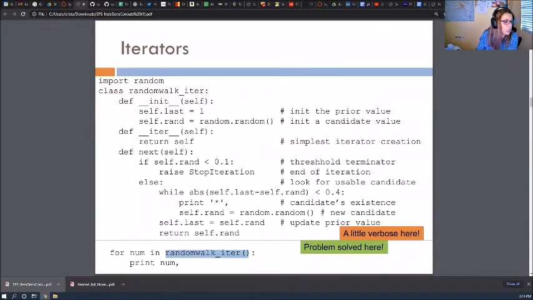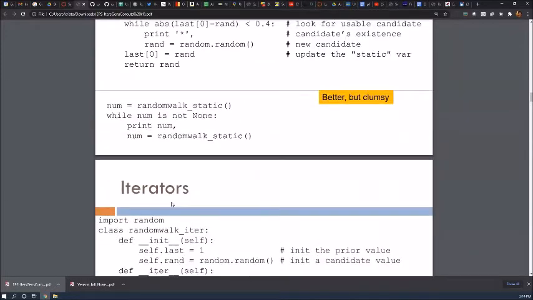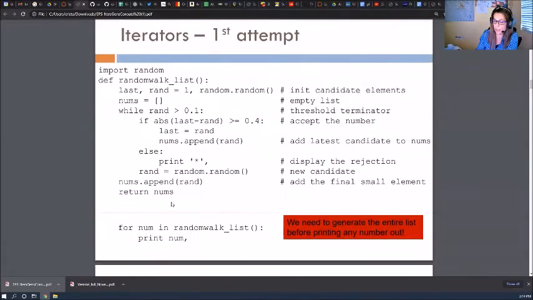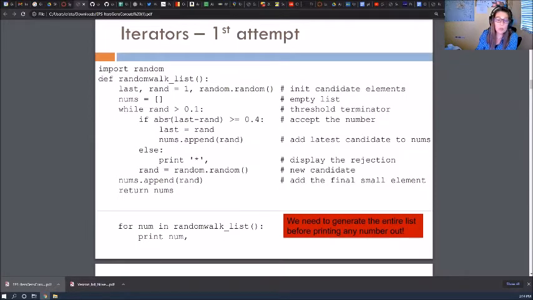Okay, I have a question. Why can't we just print the numbers when we append them in nums? Yeah, that was for the approach one. Approach one here. Yeah, first one, yeah. Right. So because that's not what the spec says. The spec says that we have to have a function that generates the numbers, and then it's the client that decides what to do with the number. We could print it, or you could do something else with the numbers. Right? You mean like a heavy operation that we can't do there? Exactly. Whatever we do with the numbers, in this case, just printing, but it could be something else, right? So it should not be baked in the function itself.